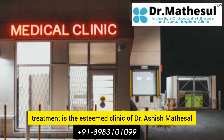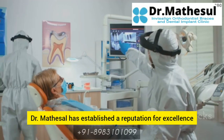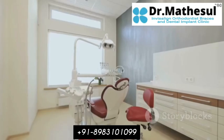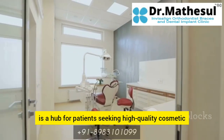of Dr. Aashish Mathesul. With over 2 decades of experience in the field of orthodontics, Dr. Mathesul has established a reputation for excellence and is at the forefront of modern dental technology. His clinic, located in the accessible area of Kalyani Nagar, is a hub for patients seeking high-quality cosmetic and orthodontic